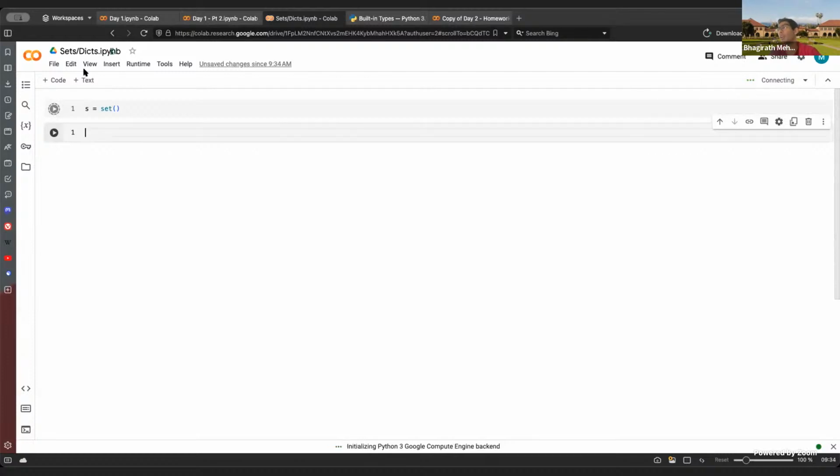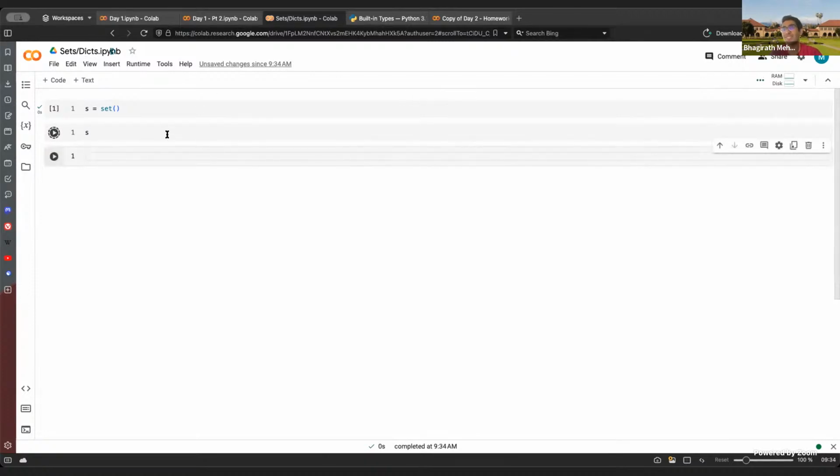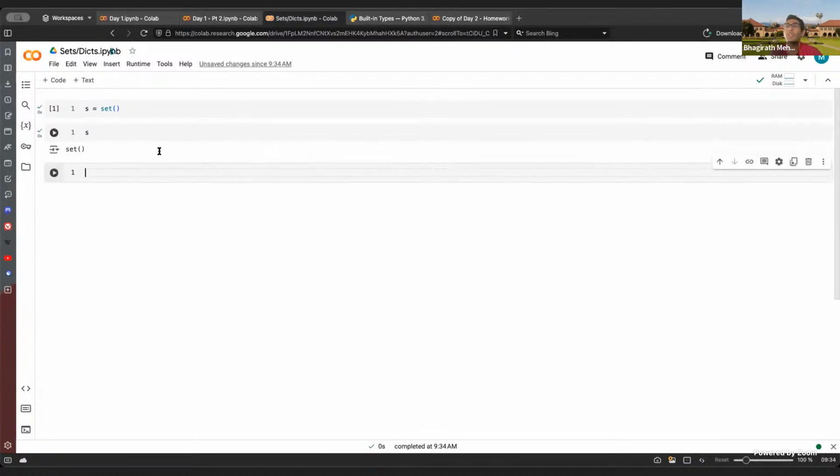It'll get printed out as a pair of curly braces. When there are elements in the set, it also gets printed out as a pair of curly braces, but of course the difference between a set and a dictionary is that a set is like a list or a tuple,